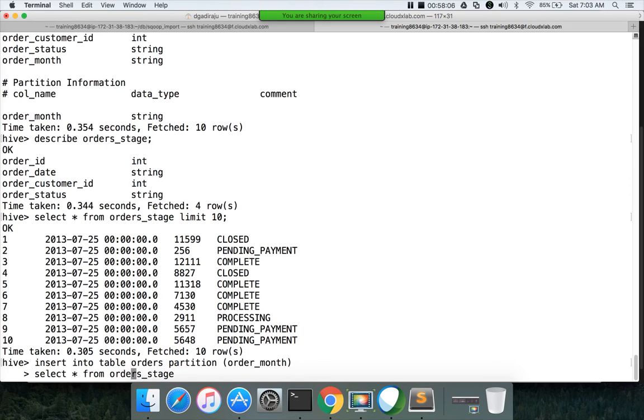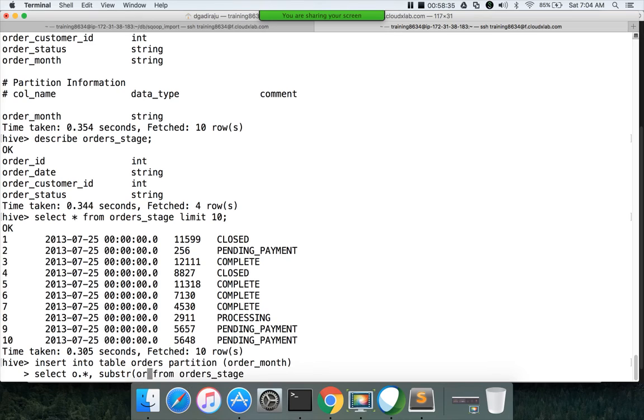Here we have to say O dot star to get all the columns from orders stage table, and then apply the transformation using substring function. We will get into the functions while we actually explore the query. These are called user defined functions in Hive. You can use these user defined functions that are available to apply many of the transformations.